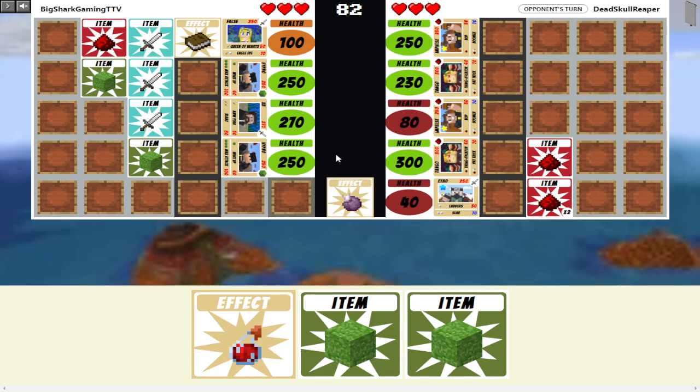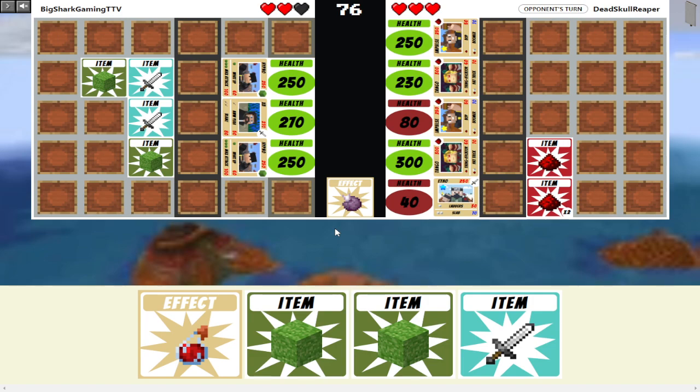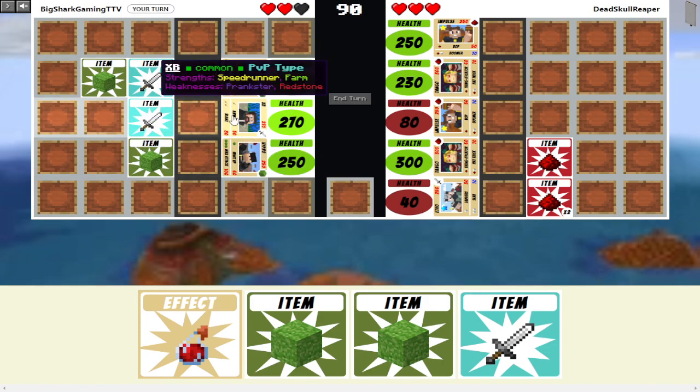Alrighty. Oh, chorus fruit. He's going to swap his Etho after his attack. And he switched into Tango. And we did get our PvP back, nice. I mean, he switched to Impulse. So let's go into our